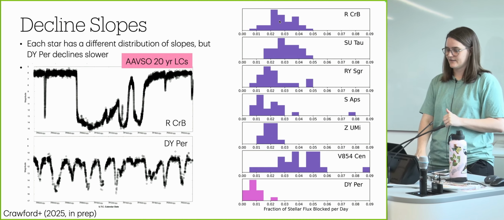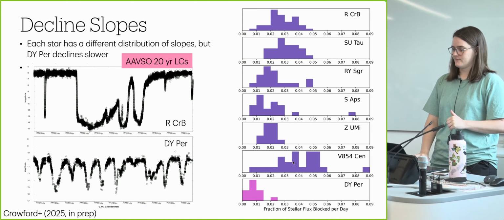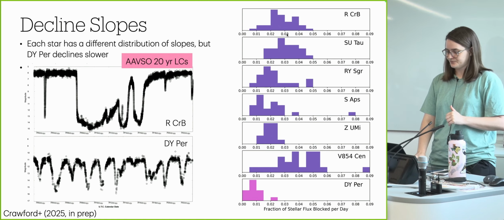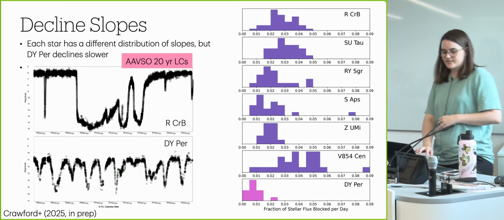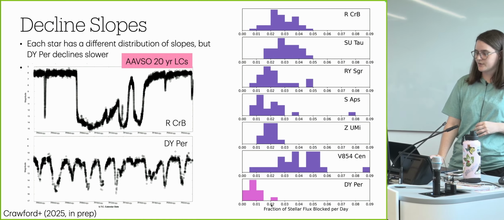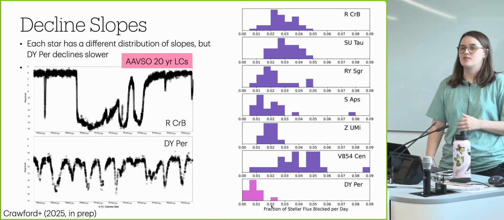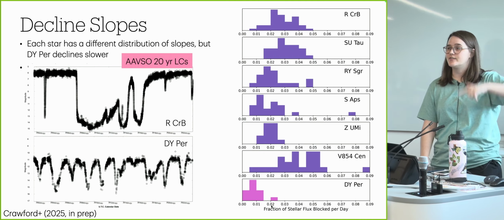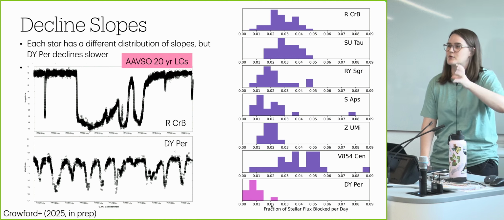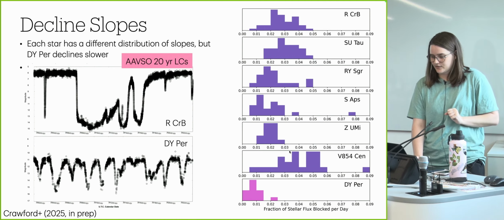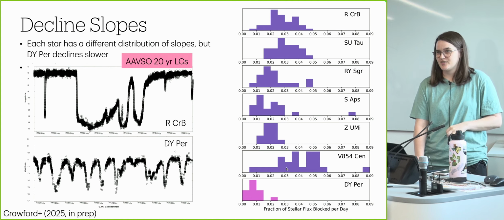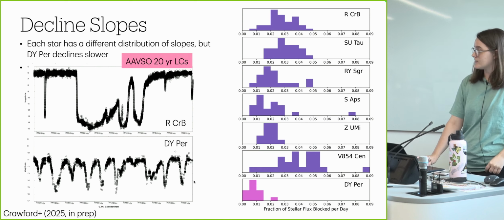What we see is that for all the Arcobores, we have varying distributions of the amount of flux blocked per day. You can think of it like this: if you block 2% of the flux per day, it takes you 50 days to get from 100 to 0, right? So that's roughly what we're going for with the time scale. These stars, the Arcobores, decline faster, generally speaking, than DY Per does. And you can actually see that here if you look at these two